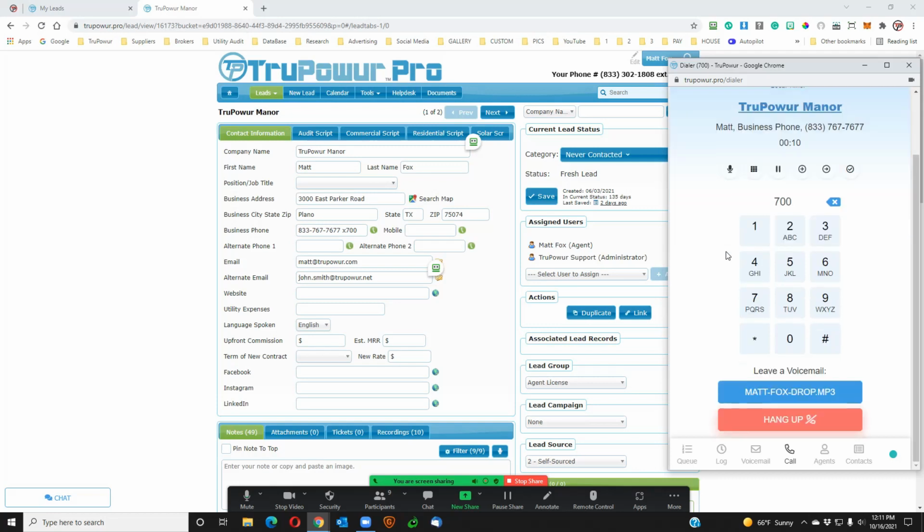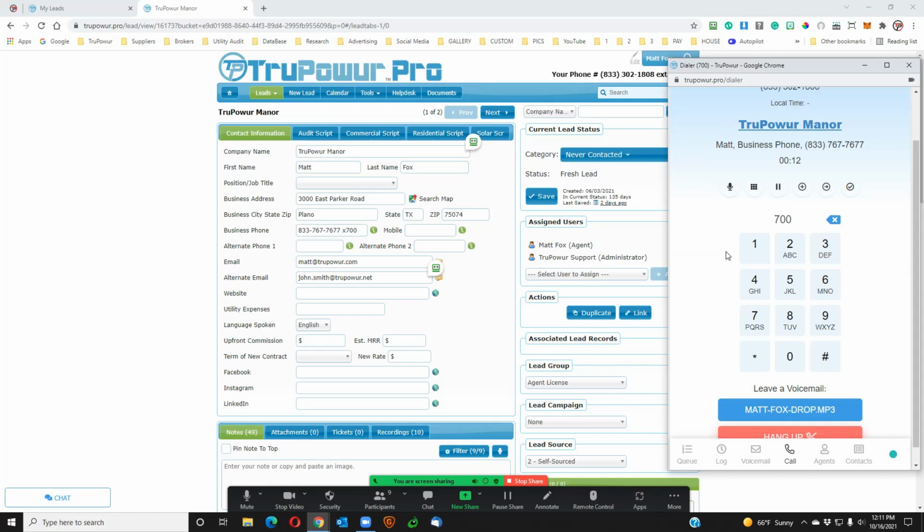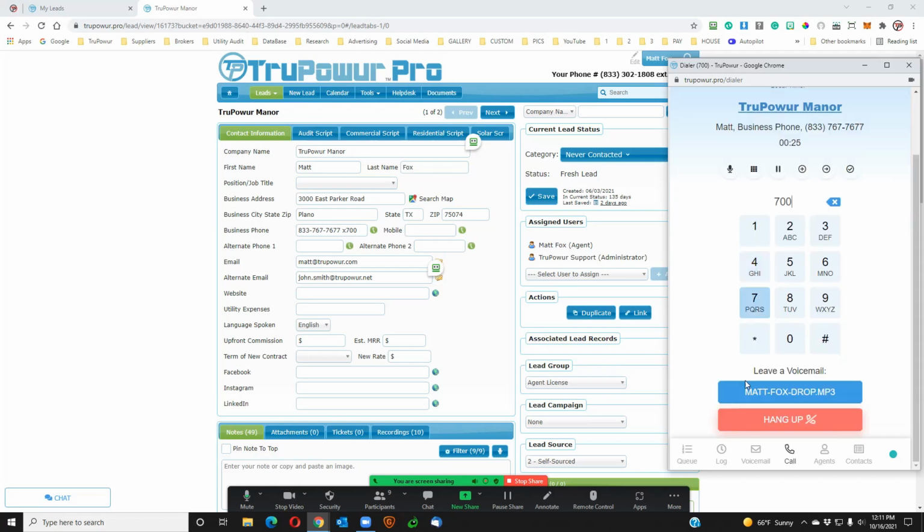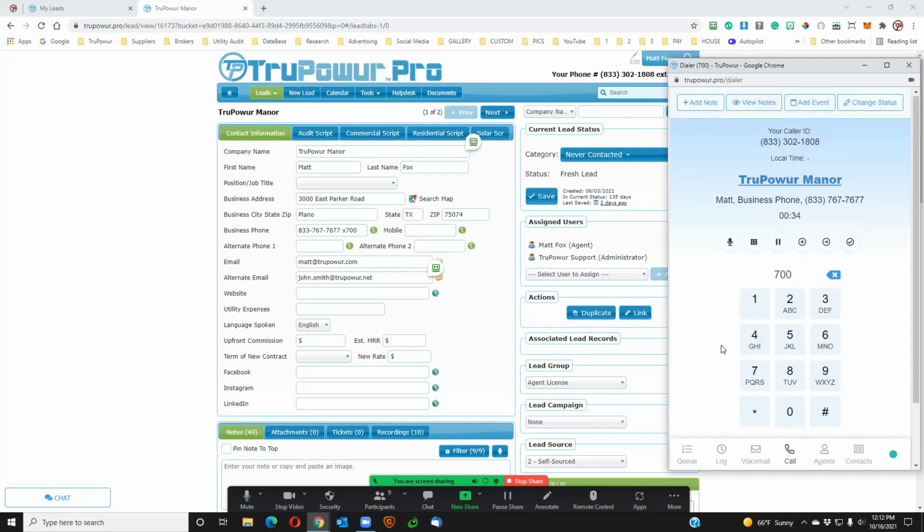If that call ends up going through, you can hear that ringing on the other system. In a moment, that is going to go to voicemail. Now, sometimes people say they can't see the hang up or the drop. You may need to scroll your mouse down to be able to see that. But once you know that it has gone to voicemail,